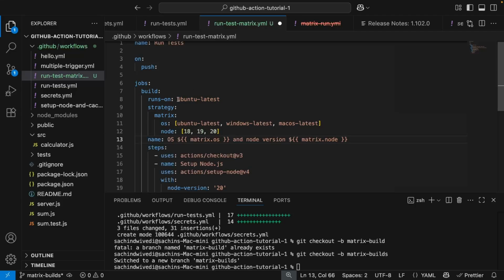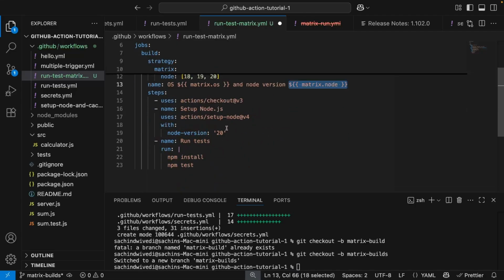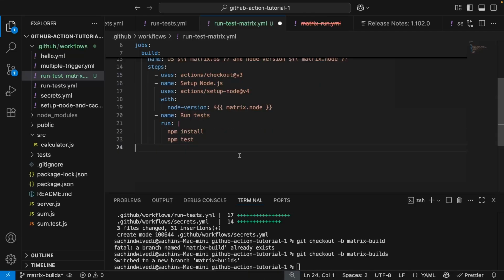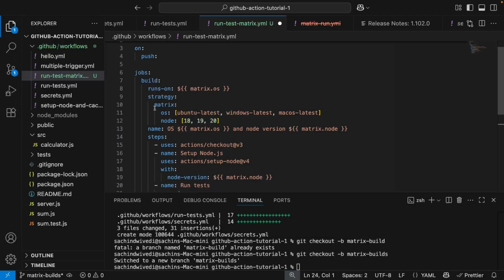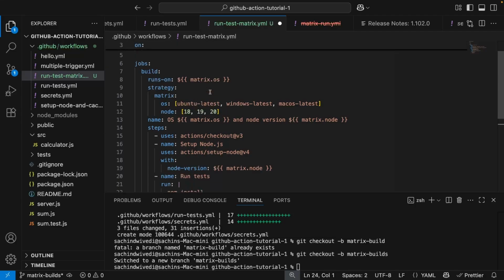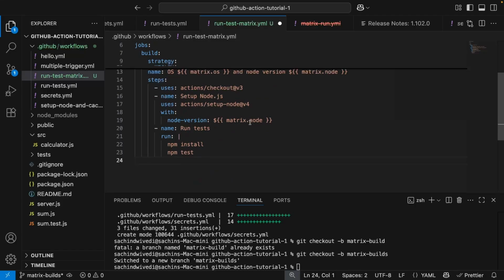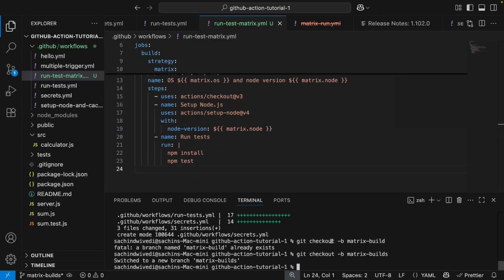Also, we will need to change a few more things. Firstly, we need this runs-on to be a different OS every time. So what I will do here is copy this and paste the same thing here. And similarly for our Node version, currently I have hard coded it as 20. So I will remove that and add matrix.node. So now it should run this whole matrix with different OS versions over here and different Node versions over here. So I'll commit this